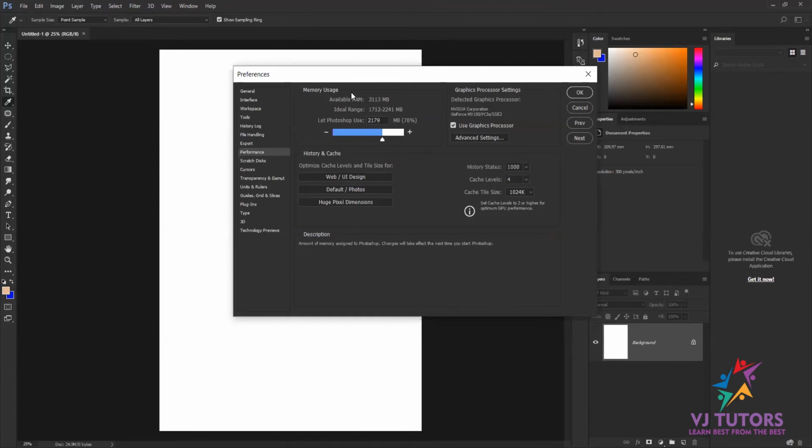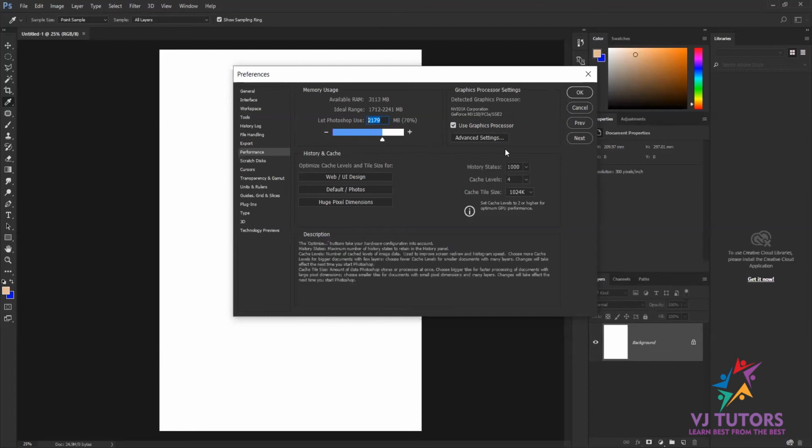In the Performance we have two things which are required, and one which is semi-required. In the memory usage, whenever you install Photoshop on your computer, you have this memory box. Exactly how much memory should be used by Photoshop, you can set from here. Right now I have a minimum of 70%. This totally depends upon your PC configuration, how good your PC configuration is. I have 8 GB RAM, so that's why I keep it at 70%, so my Photoshop will run smoothly. It will not lag or something like that.